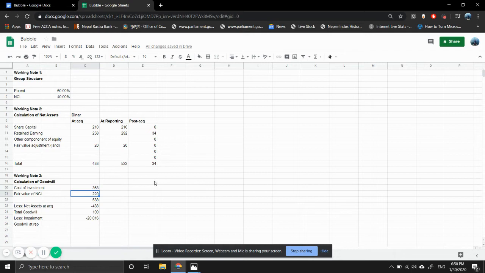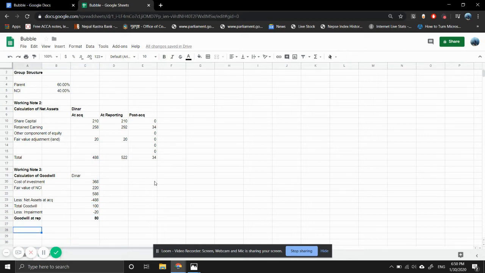So we need to remove the formula and use the correct thing. You see, now it's good. So goodwill has been calculated, and then after that this is all in dinar, right? So what we need to do is that goodwill is this figure